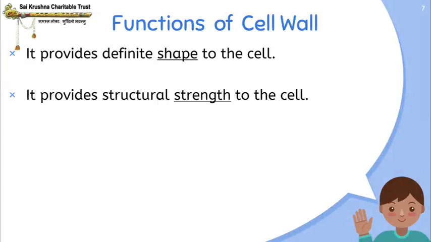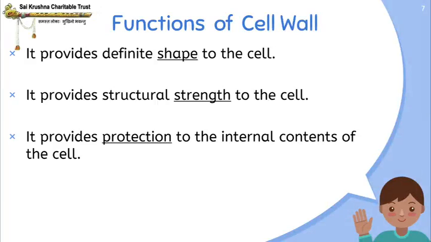It provides structural strength to the cell. We already learnt this. The cellulose provides structural strength to the cell. It provides protection to the internal contents of the cell. We learned that the cell wall is the outermost covering of the plant cell, and it protects the internal contents of the cell. All the contents and components which are present inside the cell are protected by the cell wall,